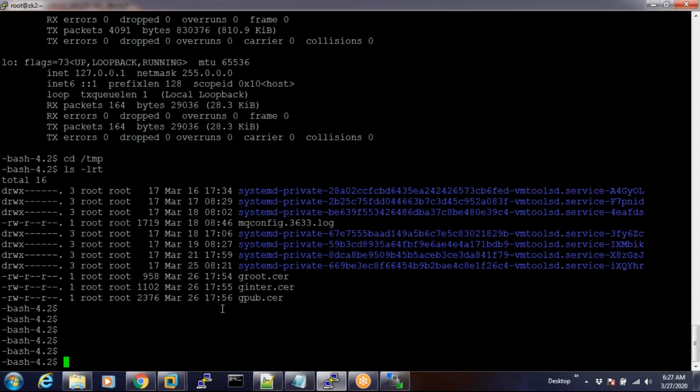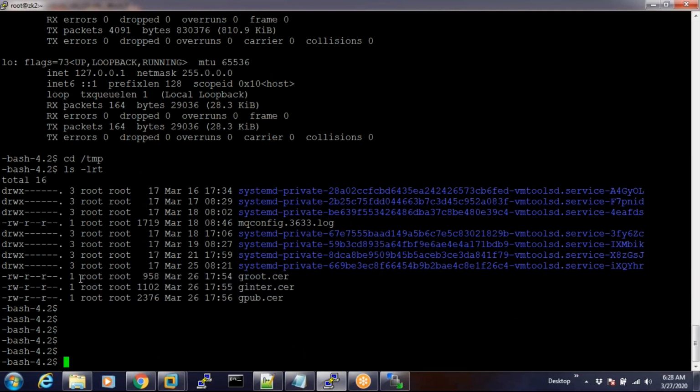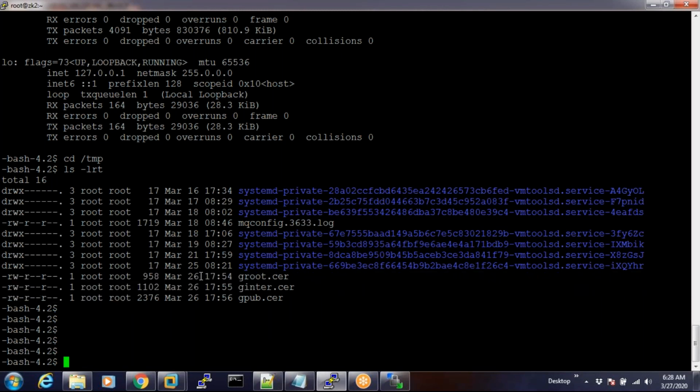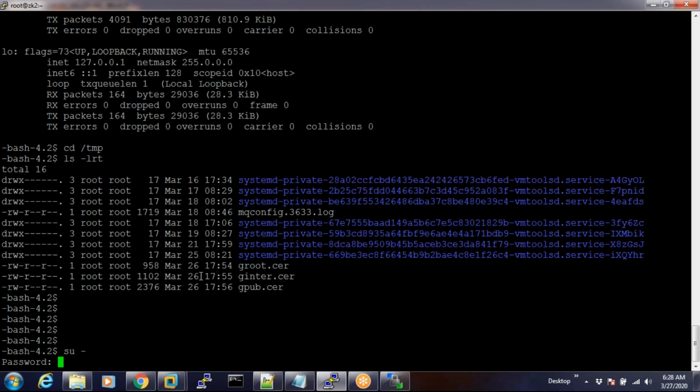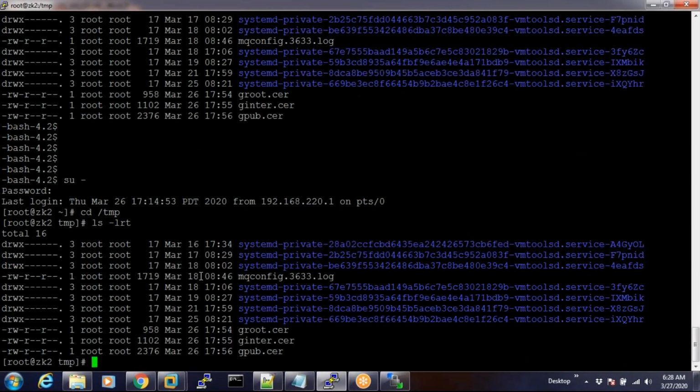Now the thing is, it has root permissions, right? That's okay to have the root permissions. But instead, let's change the permissions and then let's change the ownership also. So switch to root user, /tmp. So chown,